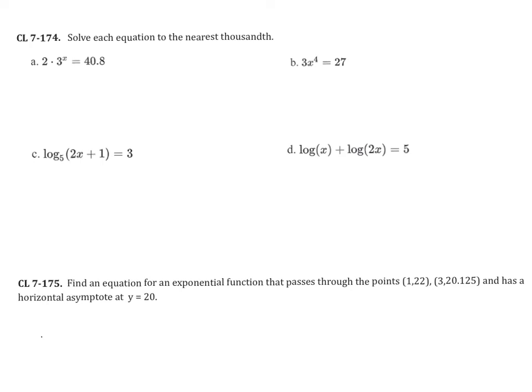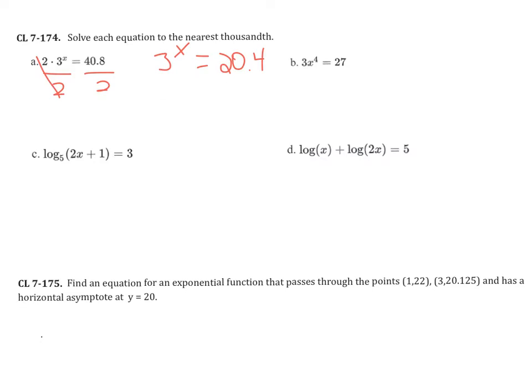This is problem 7-174, solving equations to the nearest thousandth. So we are trying to solve this equation for x. We need to first, it's being multiplied by 2, so we need to first divide both sides by 2. So that's going to give us 3 to the x power equals, when we enter into our calculators 40.8 divided by 2, we get